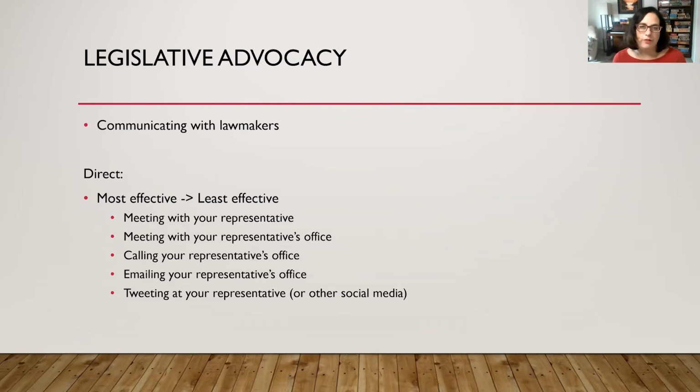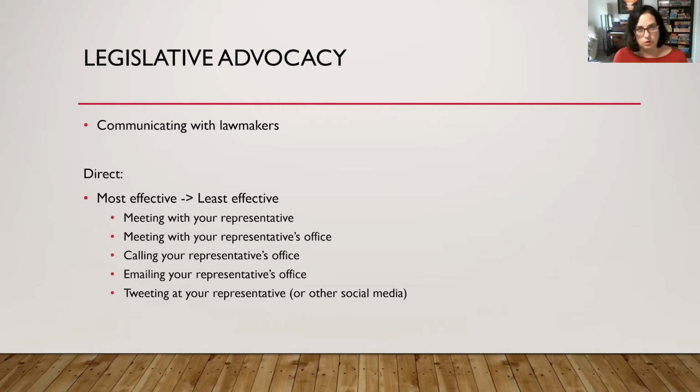Right? The most effective way to get your message across is actually meeting with the person who makes the decisions, so that you can share your issue and share why it matters from a data perspective, but also a personal perspective, what it means for people and people's health. And make sure that they really hear you. Again, you're building trust, you're giving a concrete, specific message about the things that you know and have researched, and also that you have perspective on why it really matters.